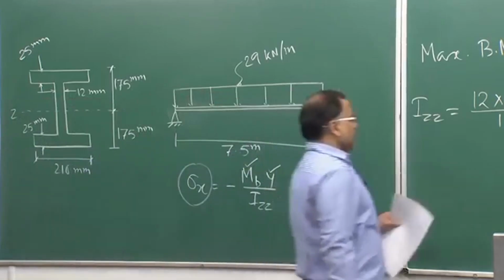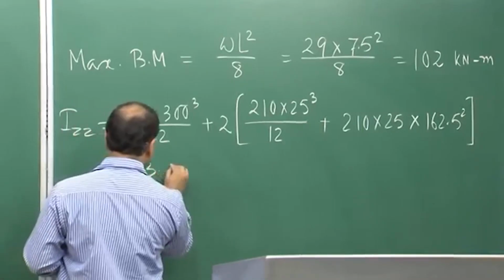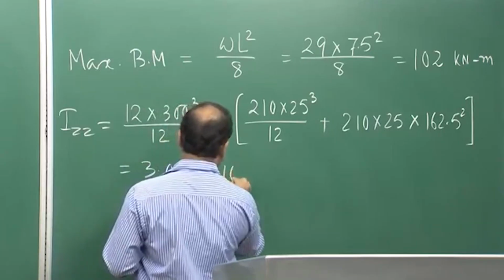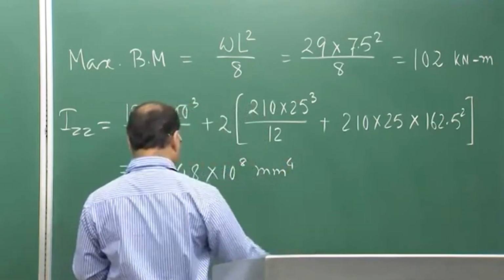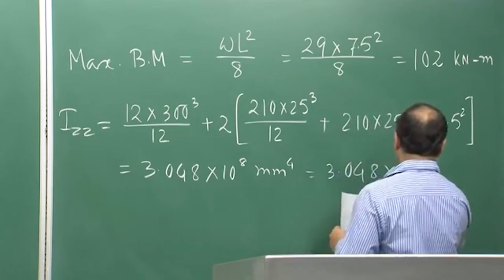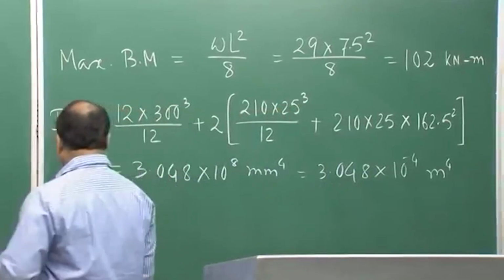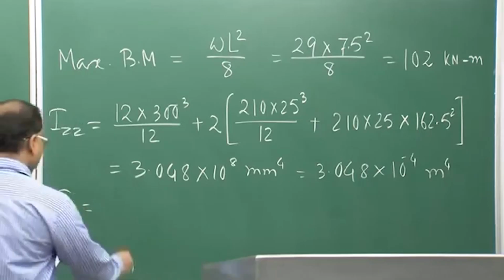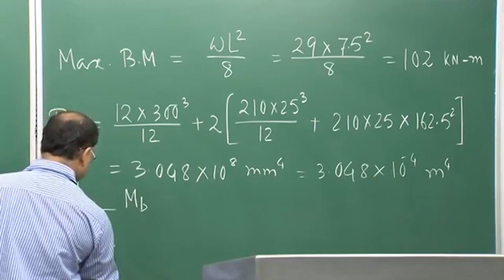So, this will be coming as 3.048 into 10 to the power 8 millimeter to the power 4, which will be nothing but 3.048 into 10 to the power minus 4 meter 4. Therefore, you can find out sigma x, which is equal to minus